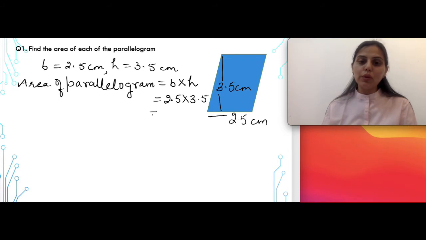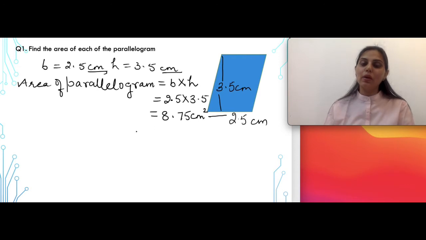Here there is no need to show the multiplication, that part you can do in rough, and here you can write the direct answer. In this case the answer is 8.75, and as I've told you earlier also, for area it is very important to write the units. So for area, since the units here for base and height are in centimeter, the units will be centimeter square. So hence the area of this parallelogram is 8.75 centimeter square. So please don't write direct answers until and unless the question is asked in MCQs.